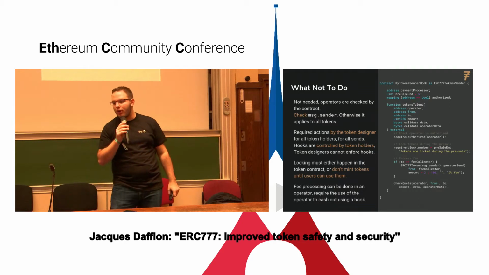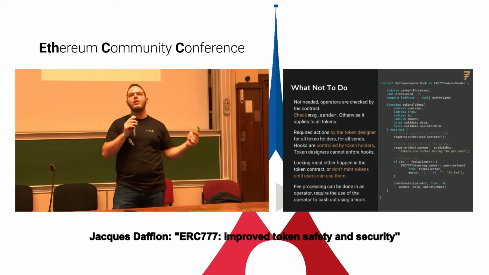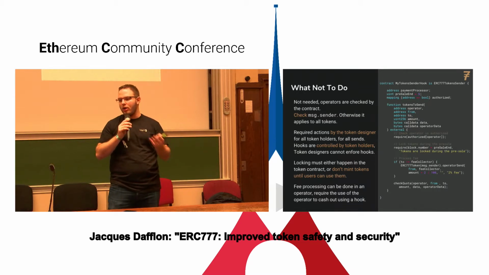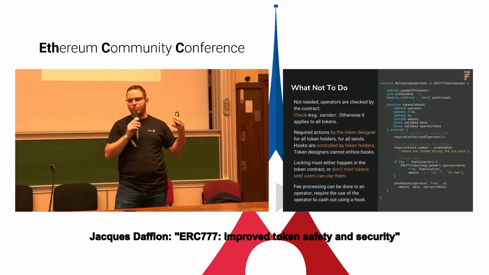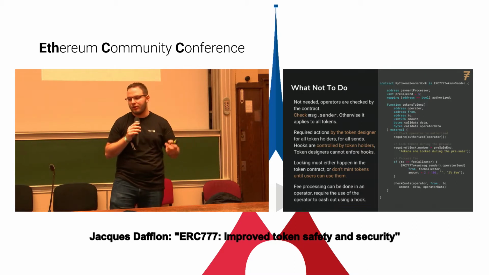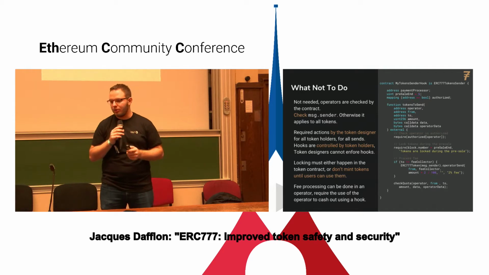Finally, we have here another system in the hook, which takes a fee and then sends it to whoever collects the fee for the transfer. So if you want to do a fee system or something like this, again, don't put it in there because you can just bypass it. A better solution is to put this in an operator. So you can't force the users to use your operator, but you can force them to use the operator when they send money back to you. So you can have a hook and say, I only accept money from that operator. That way, the users can trade tokens between them freely, but if they want to use your service with the tokens, they can easily do it through your operator, and you have the fee at that point. That's also a better way to do it.